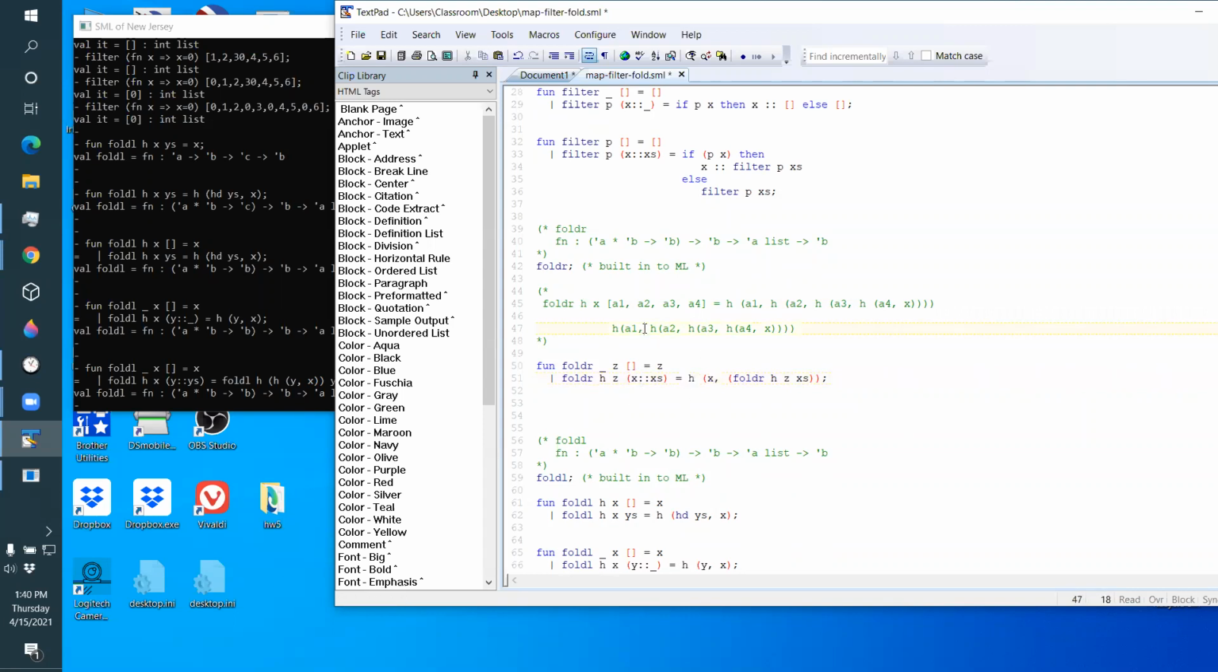Now, what do I apply? Here's the other thing that goes into H. Here's the rest of it. That's the second parameter to H. That is fold recursively on the rest of the list. That's fold R with H, the same Z, the same